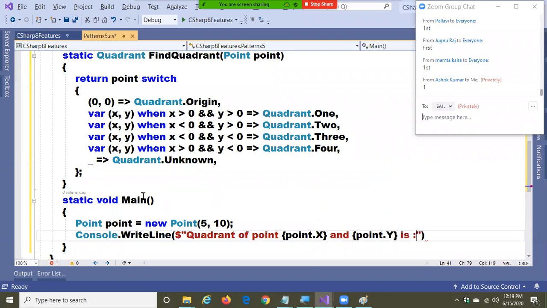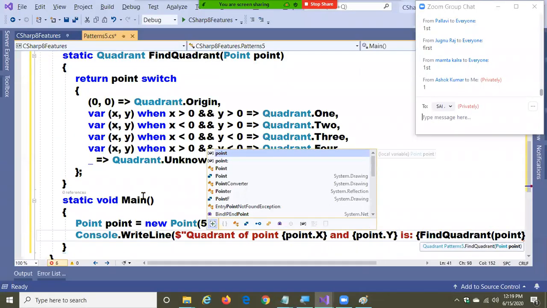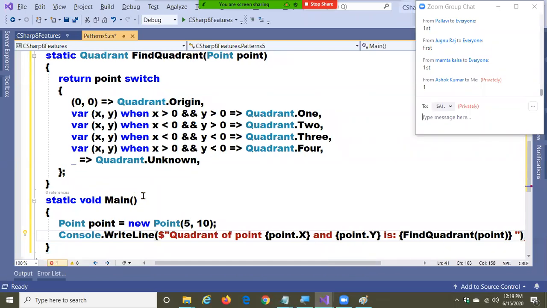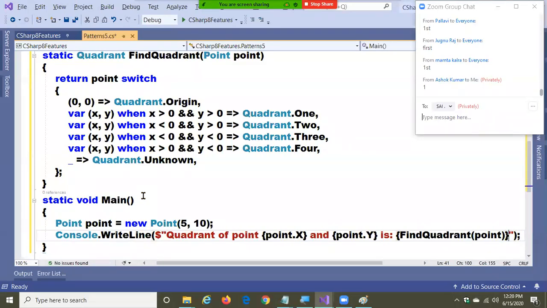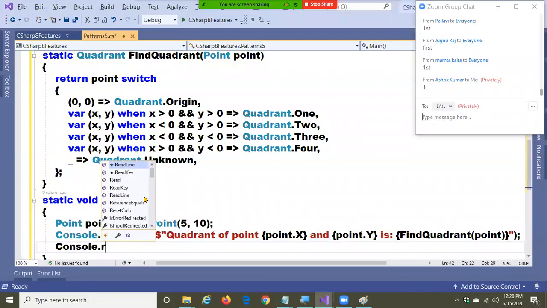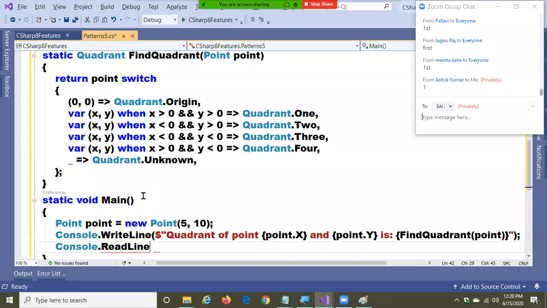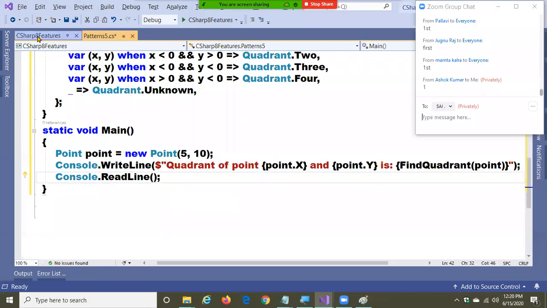Here I'm writing find quadrant of point. See the output. I'll give an explanation first. Console.ReadLine. What's the output? I'll explain.